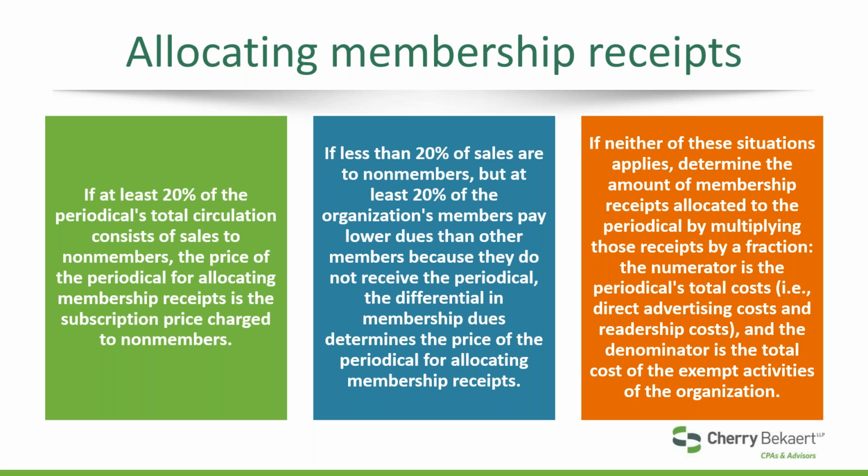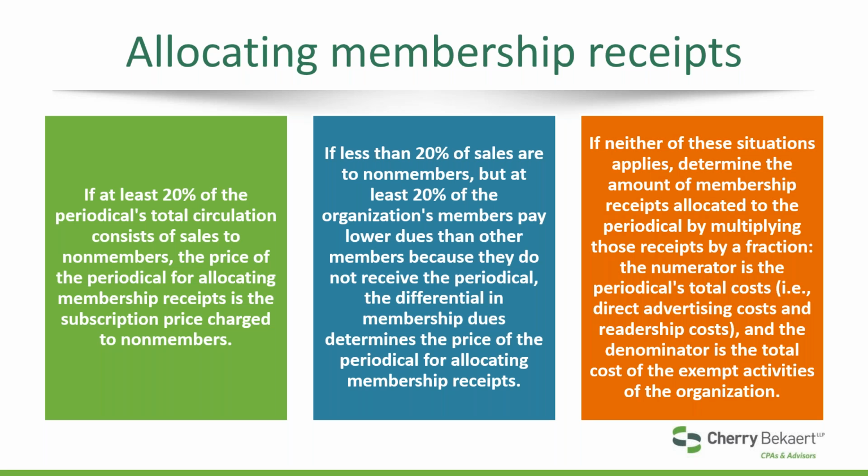If you don't meet that, but at least 20% of the members pay lower dues than other members because they don't get the periodical, then the price of the periodical will be deemed to be the difference between those two levels of membership. In my experience, usually neither of those apply, and so we're in the last category,